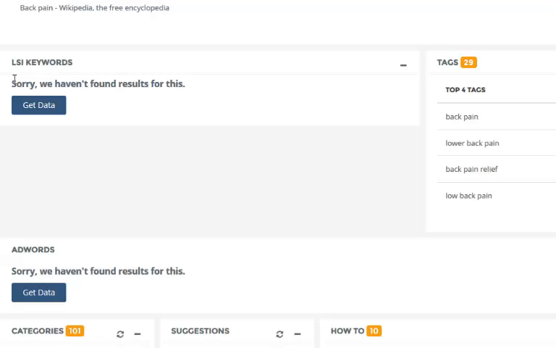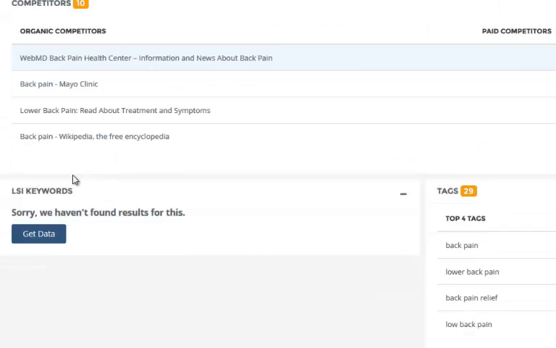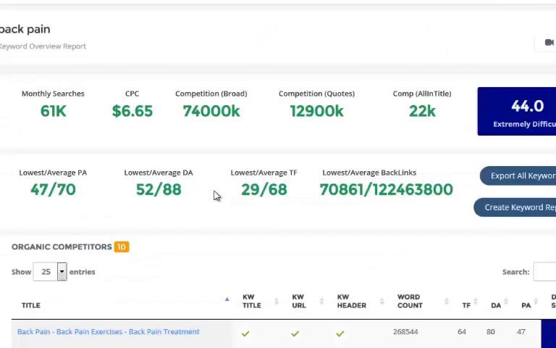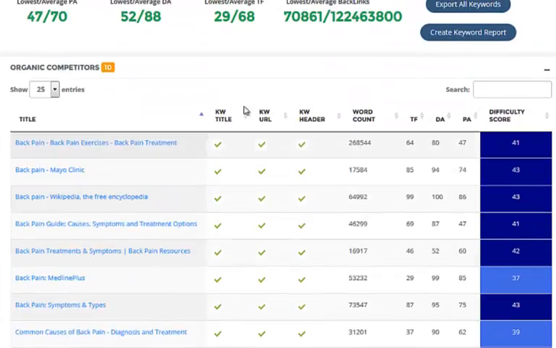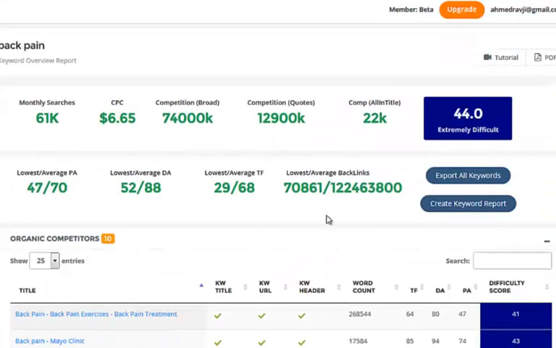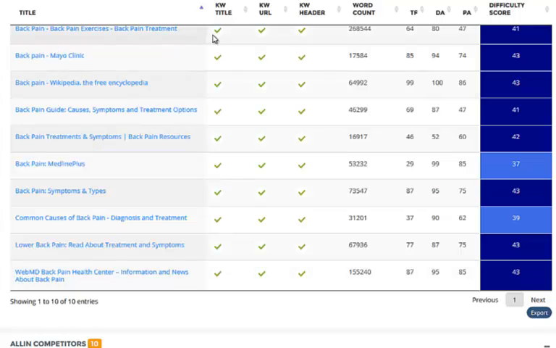With Google, we do that for you automatically, and if you wanted to know what your LSI keywords were, or that Yahoo considers as LSI keywords, or something like what the top 10 sites have in common, and these LSI keywords, then you certainly can do. And you know, you're going to get all of your data on here as well for your competition. So this is going to show you your competition in Yahoo. So as you can see for back pane, every single site has got it in the title, in the URL,